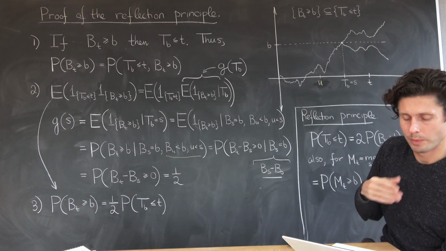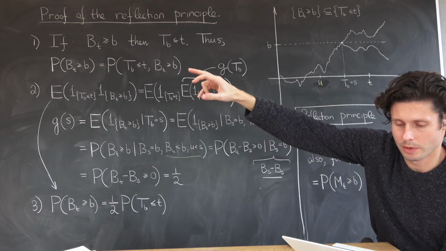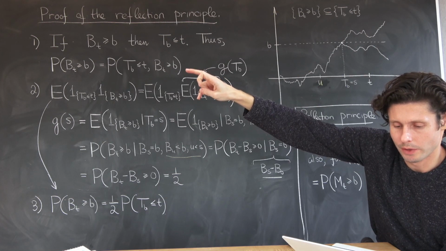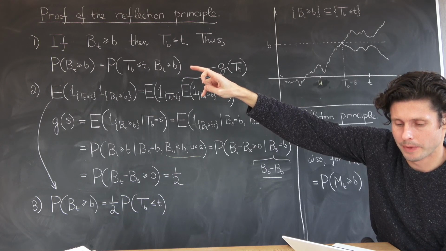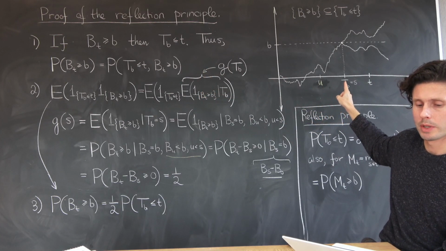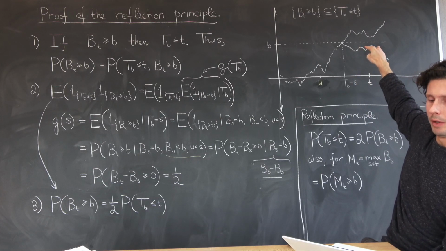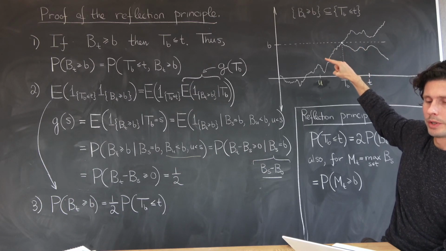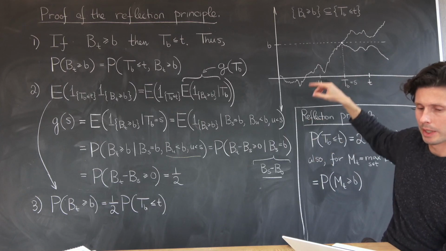And the reflection principle, where did it play a role here? Well, you can almost guess why this had to happen. If you look at this probability here, it says that the hitting time was before time t, so let's say it was somewhere here, and the Brownian motion at some potentially future time was above the level. Well, it would have been equally likely that it went below. In other words, both of these trajectories have the same exact chance of happening.